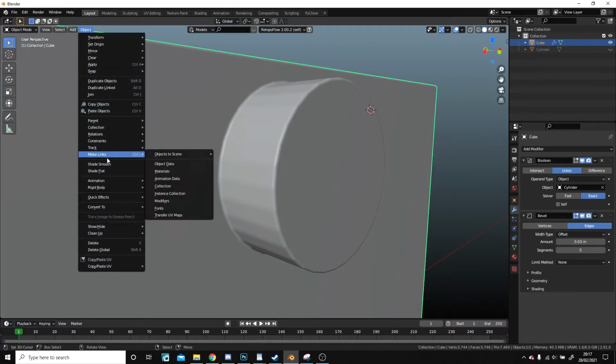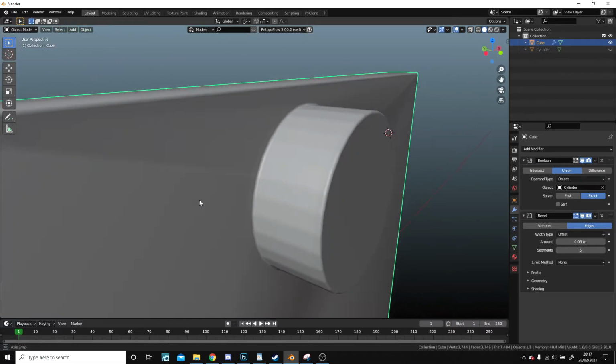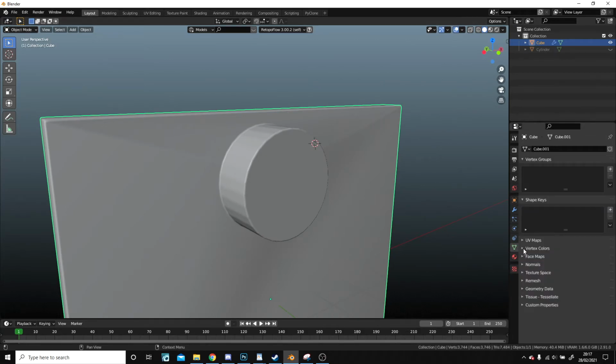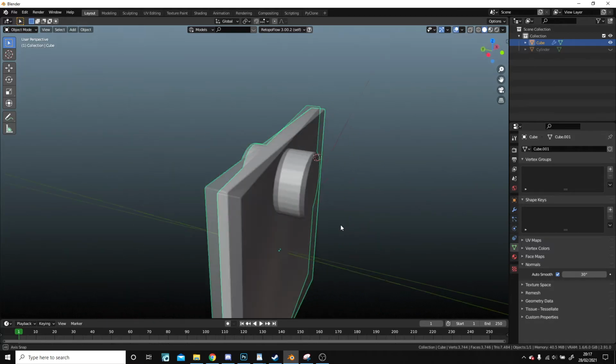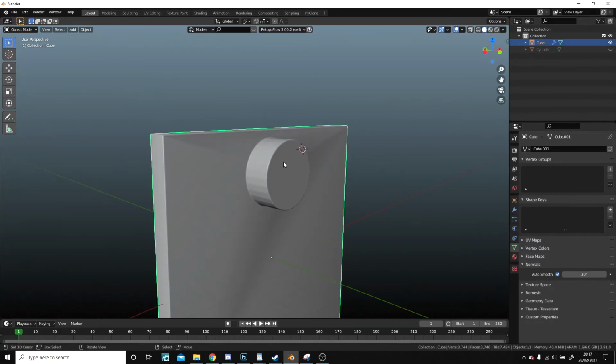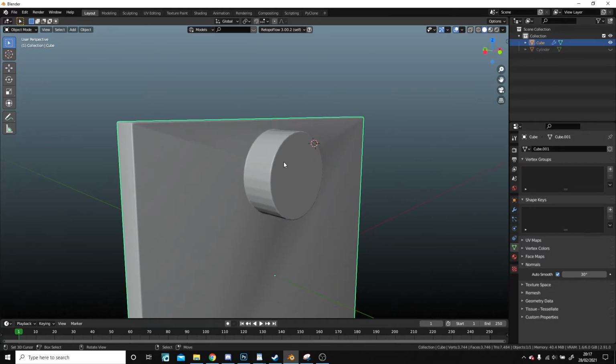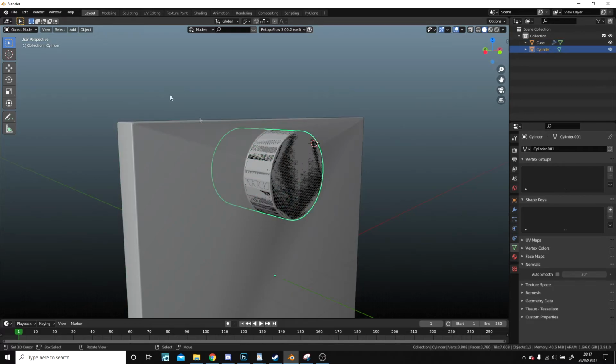So if I go into object and shade smooth, that doesn't make it any better. Go into normals and auto smooth it. Still doesn't really help much. The reason for this is if I bring back our original object and I shade this one smooth with auto smoothing,